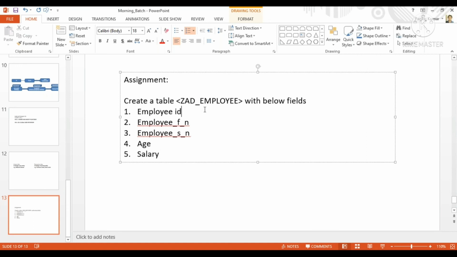You can decide the data type as per your wish, whatever the proper data type should be, and create the table and insert at least 5 records, and go and check if the records are present or not.